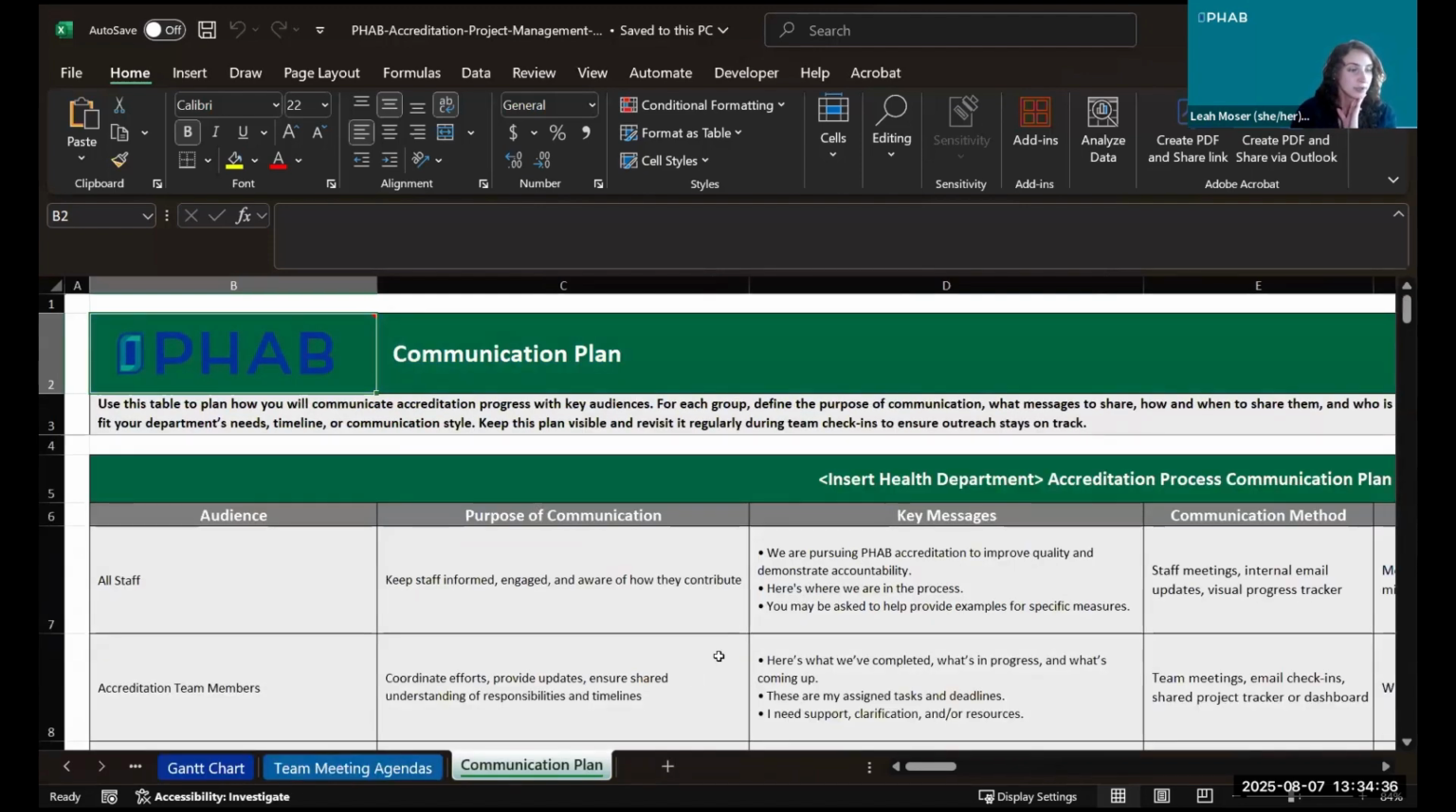And then we have a communication plan. I saw a few people say in the poll that communication was a hard part of accreditation. So hopefully this tab will help. This section really helps you identify different audiences, messaging goals, and strategies for both internal and external communication, and really helps to reinforce that accreditation is not only a technical task, but also a process that requires really clear communication